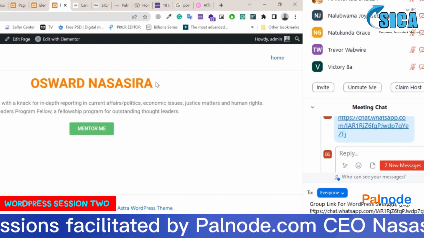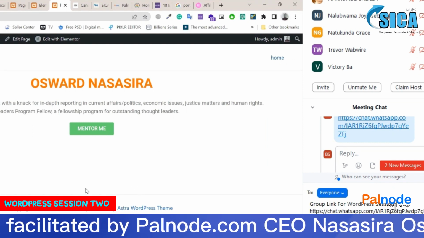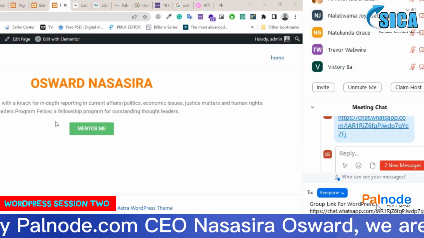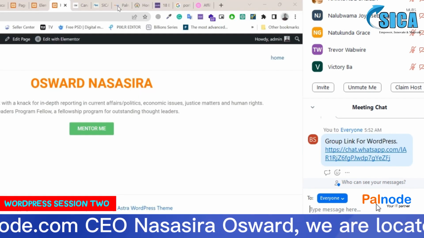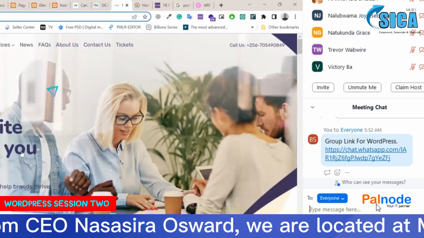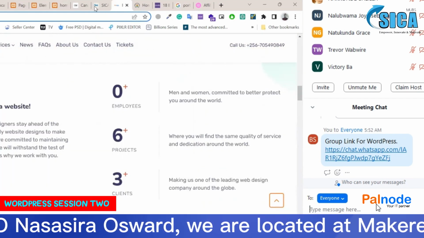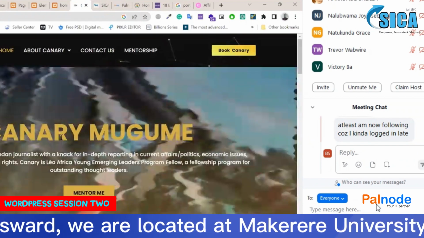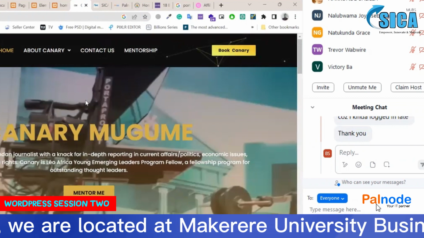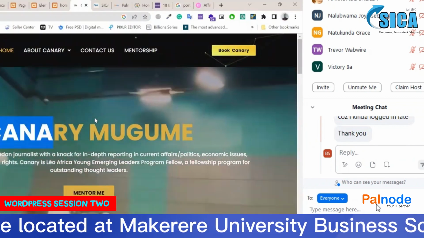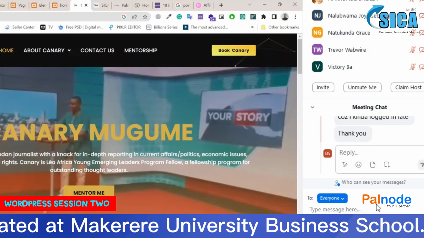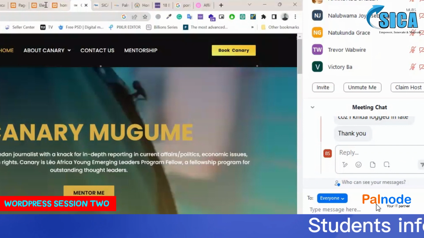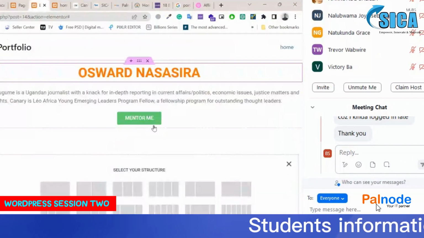If we are not together, you please ask questions, because this is a very important tool that we'll be using to edit your pages. For example, when you go to this page, you can add this, you can add anything. But for our case, we are using the portfolio website. We are using this one. Now for our case, we shall not add this video in the background. For our case, let us add a picture. Let's start with a picture, okay? Now, when you're in Elementor, I think